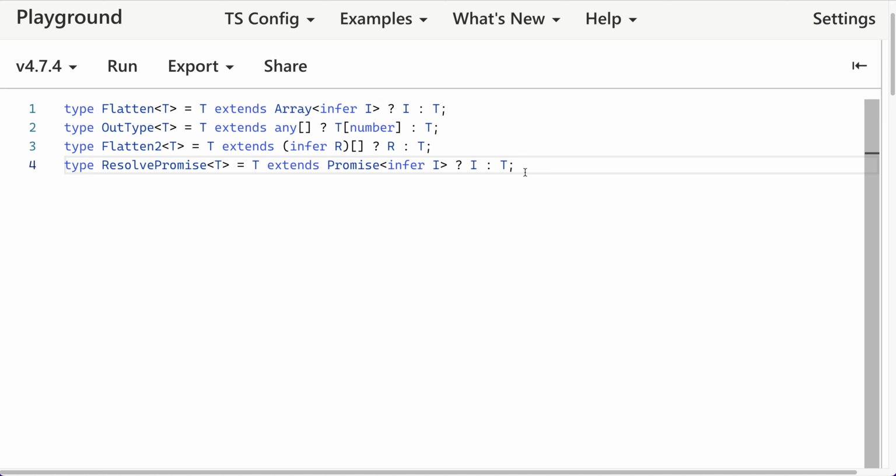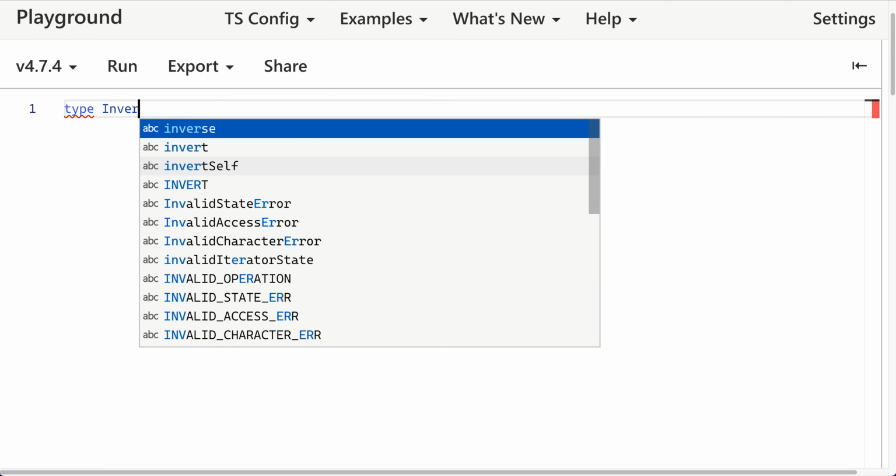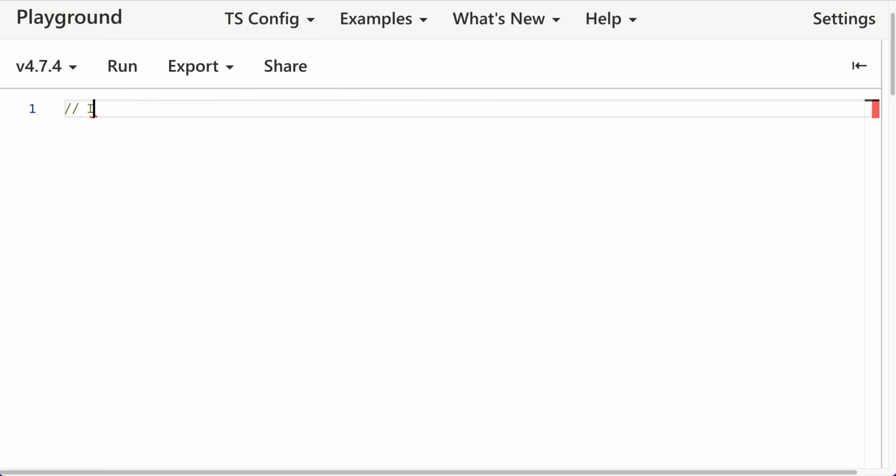Now, you might have heard about template literal types. How about we do a couple of examples using the infer keyword and the extends keyword using template literal types. So we're going to make a utility type called invert. We want to make an invert type